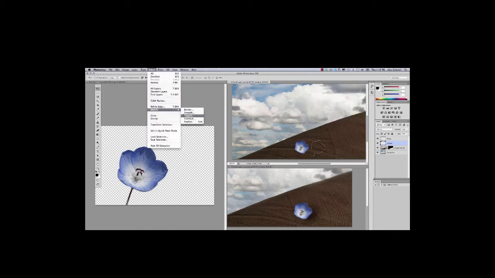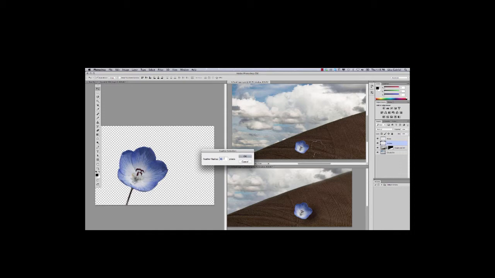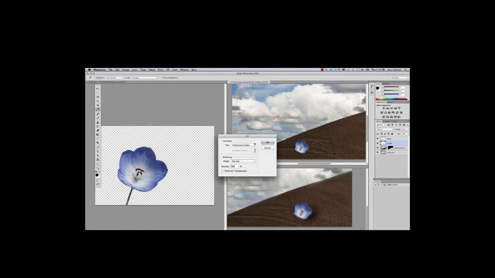So I'm going to come back in here and go to 35, because I kind of lose the shape of that flower a little too much with the 45. Maybe that's a little too much as well. I'm going to go back in to Feather, and we'll go 30. What's that? Okay. All right, and then I'm going to do the same thing. I'm going to fill it with my foreground color, and I think I like that a little bit better. And I'm going to drag that over to